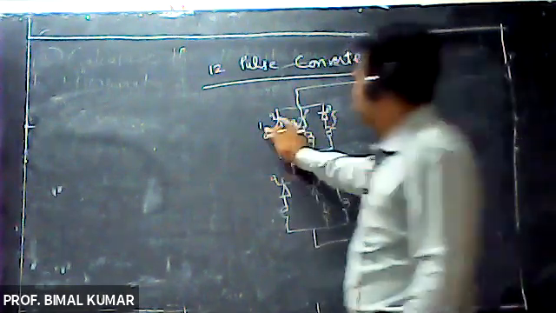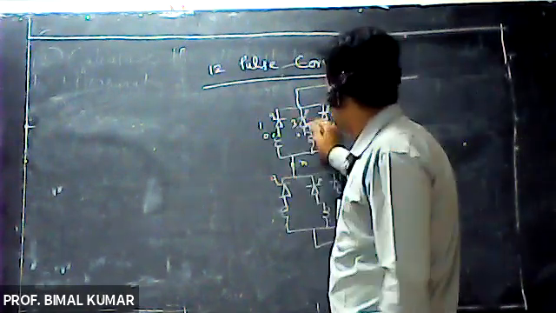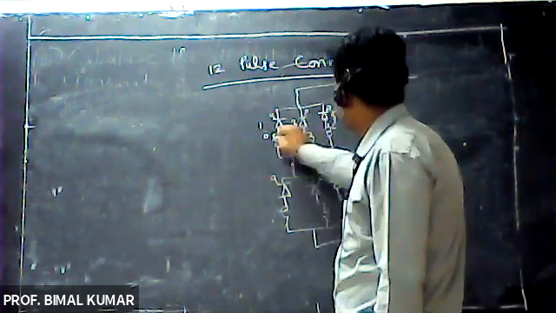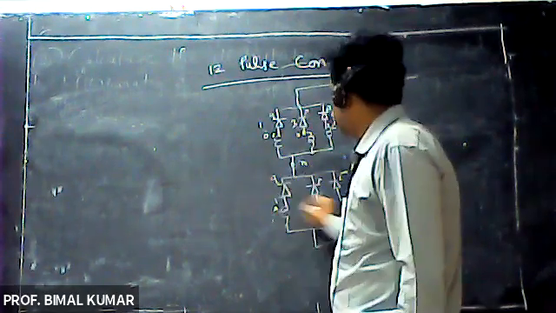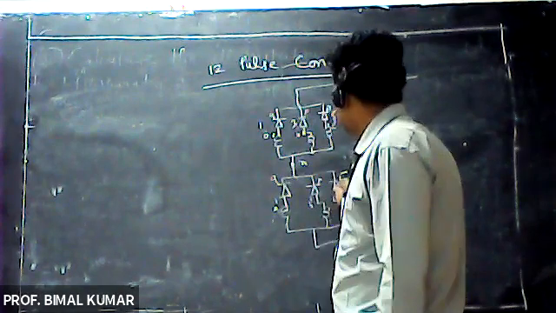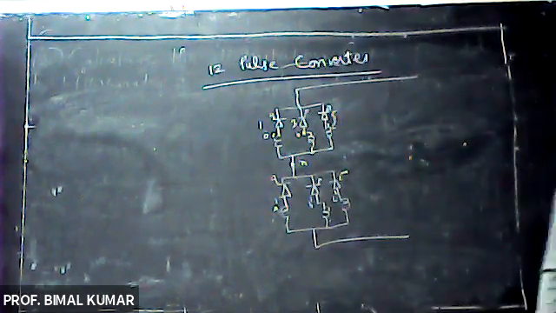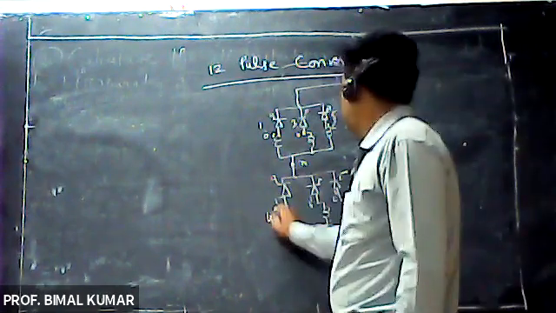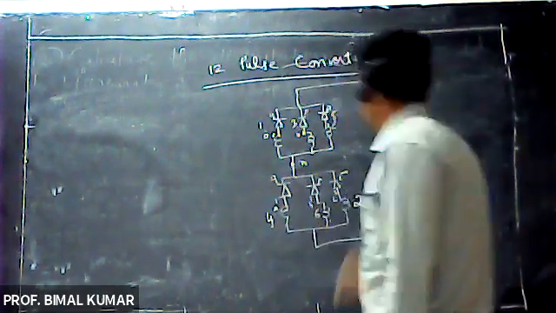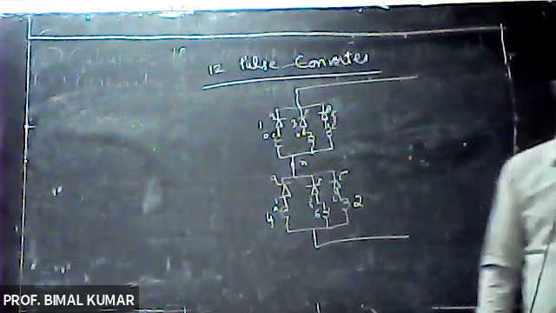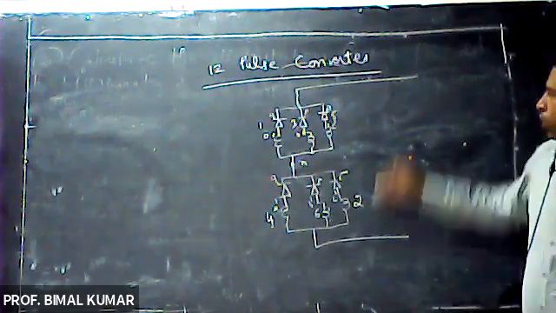Actually, these are the dotted terminals. Dotted means starting terminal, right? So these are your terminals A, B, and C, and this is your A dash, B dash, and C dash. These are the finishing terminals: 4, 6, and 2, right? So in this case, we are getting